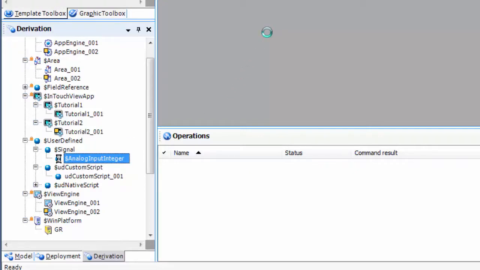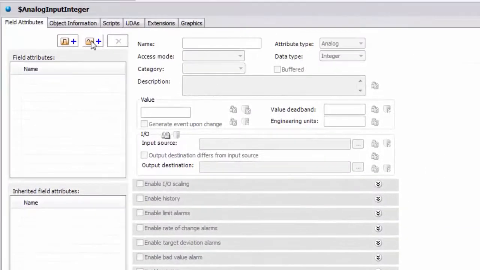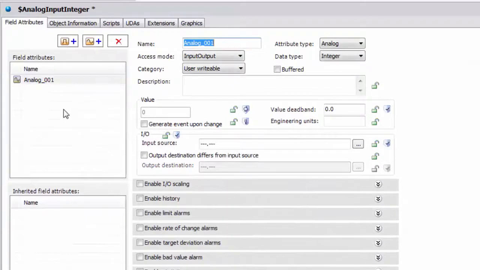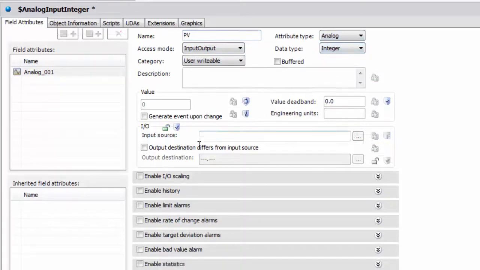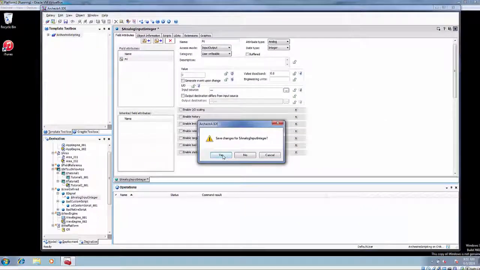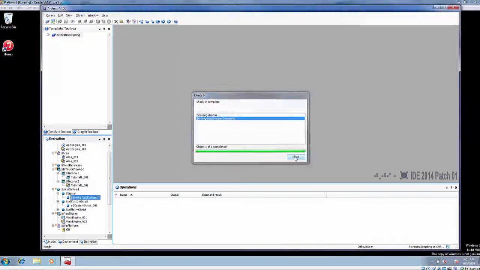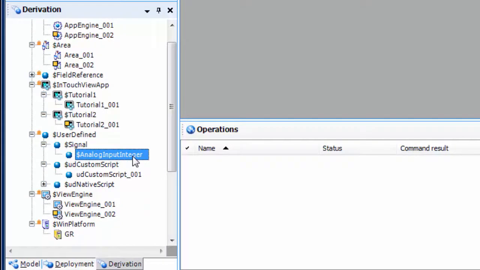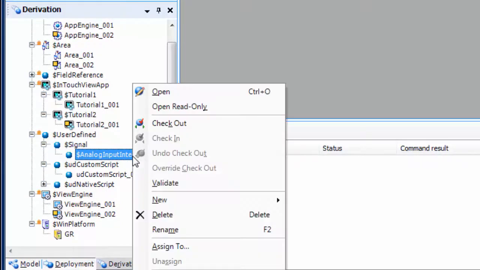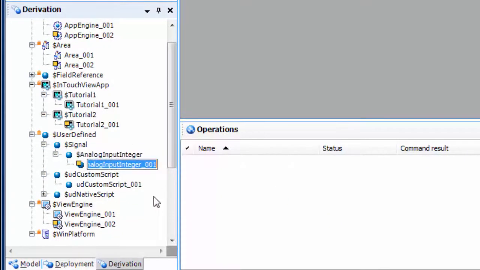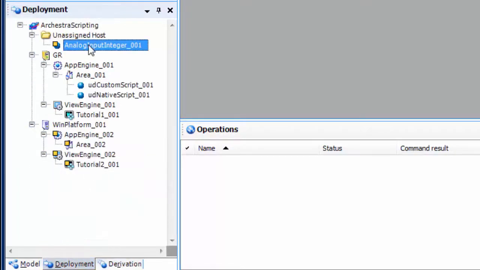So we'll go to the template, we'll go ahead and open it up, and let's create an analog attribute, and we'll call this PV. It's going to be an analog integer, and here I'm going to put this dash dash dash placeholder, which allows me to leave it empty, which is a valid empty reference. So then we've saved that, so we now have an analog integer object template. So I'm going to create a new instance of that, go back to deployment view,